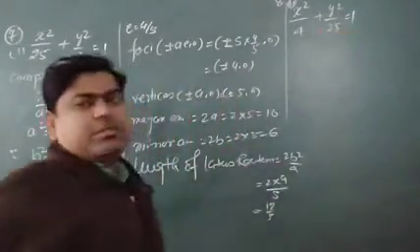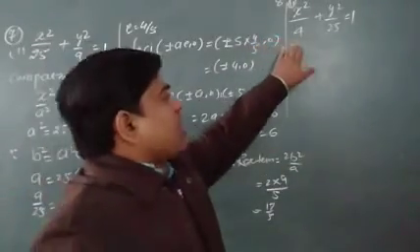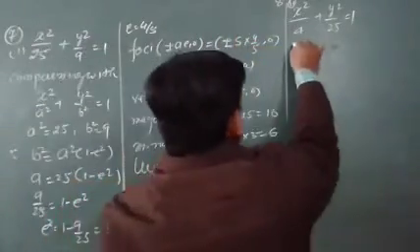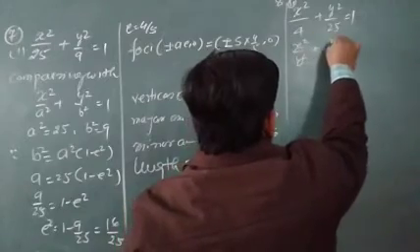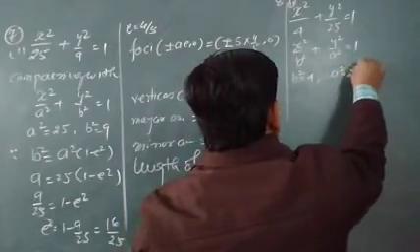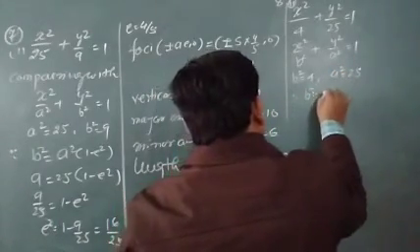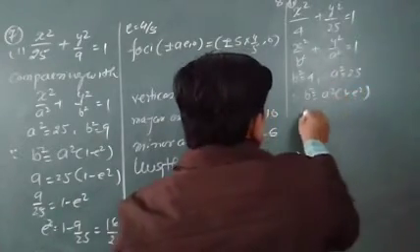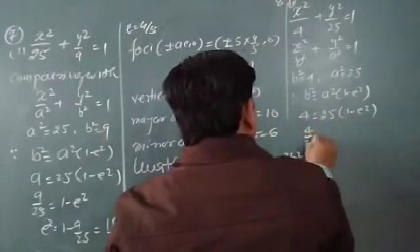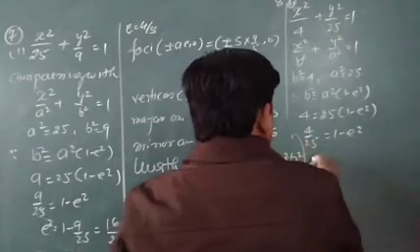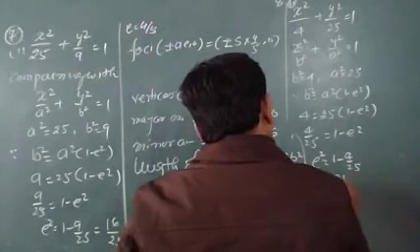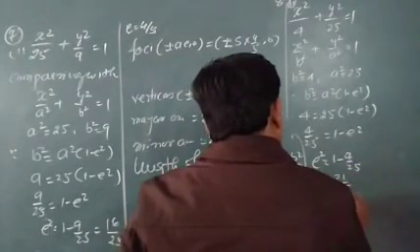So that should be vertical because the denominator of x square is less than the denominator of y square. It will be vertical, and if it is vertical, I am comparing x square by b square plus y square by a square is equal to 1. Then b square I am having 4, a square I am having 25. Again I can follow b square is equal to a square into 1 minus e square. Again I will write 4 equals 25 into 1 minus e square. I may write 4 upon 25 equals 1 minus e square. I may write e square is equal to 1 minus 4 upon 25. It is e square is equal to 21 upon 25. e is equal to under root 21 upon 5.